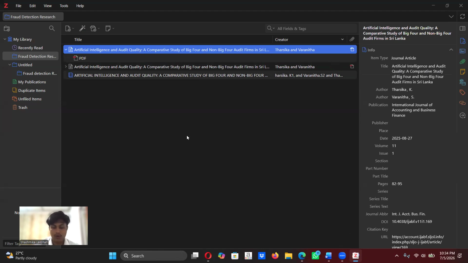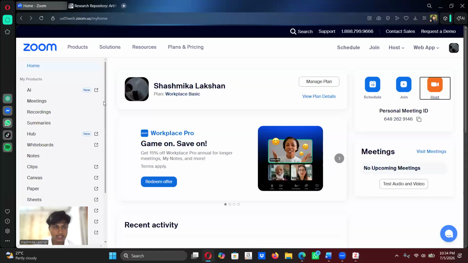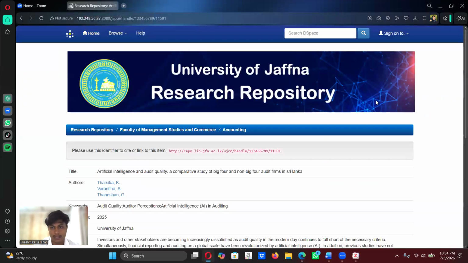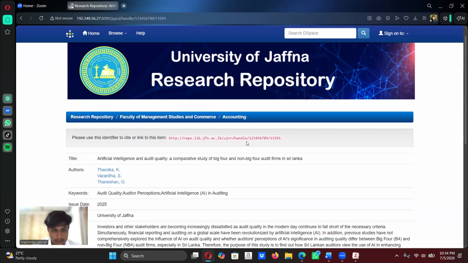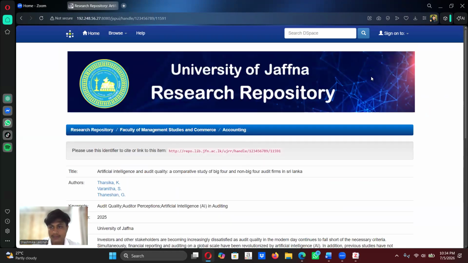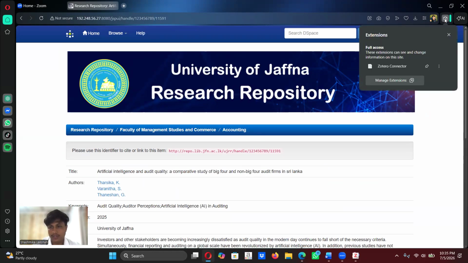So now I will use the Zotero connector browser plugin to add this source. I use Google Scholar and I already searched this PDF and connect to Zotero like this.